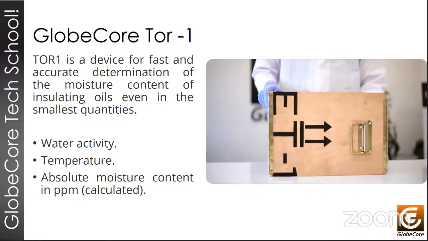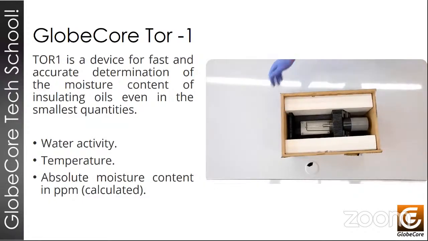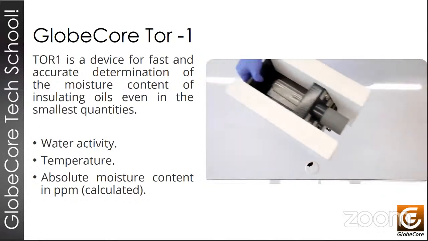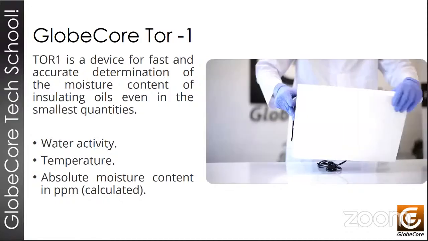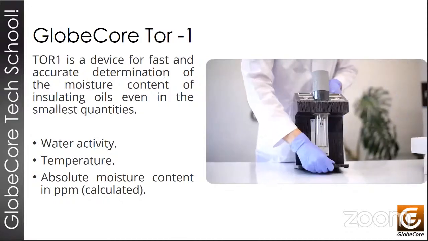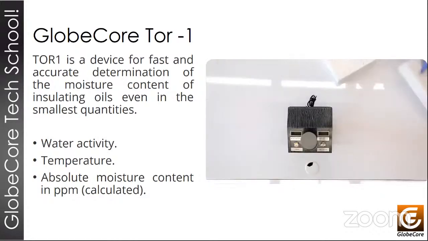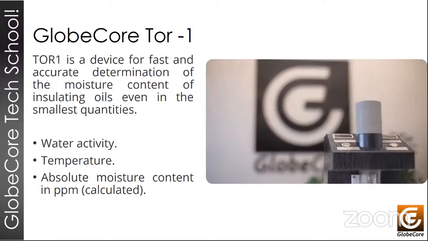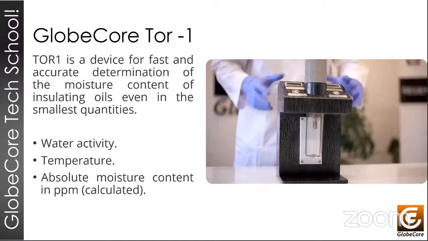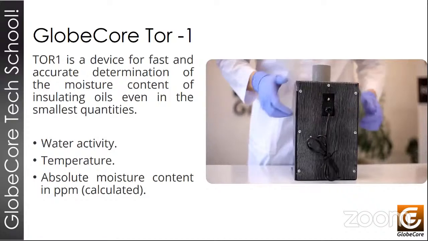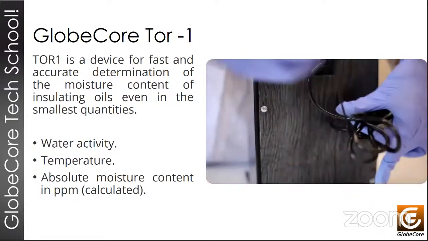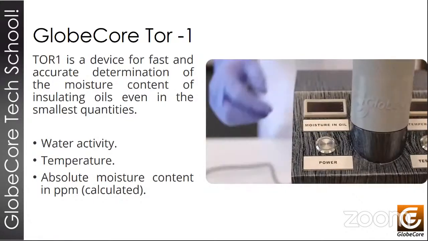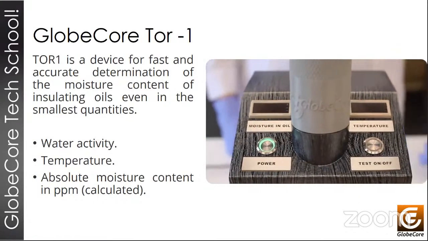So the decision to perform oil purification and drying requires information on the current condition of the oil at the transformer. And besides, it's important to keep track of how efficient those processes can be or are. The methods that we spoke about above are to an extent indirect, and this is why Globecore is currently making the Tor product line available to our customers. This product line is designed to support oil recovery and regeneration in the field,